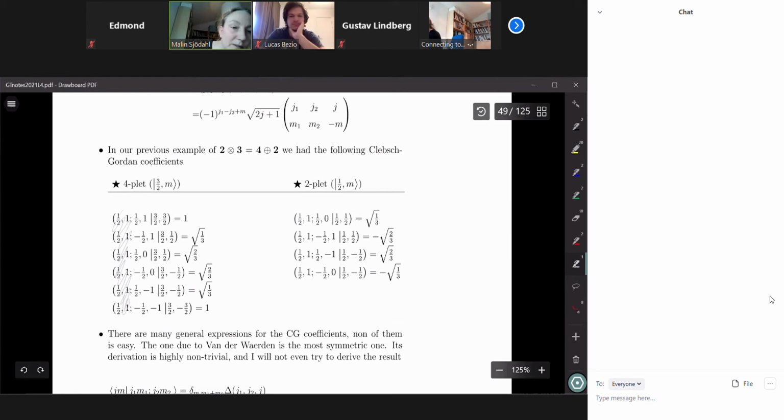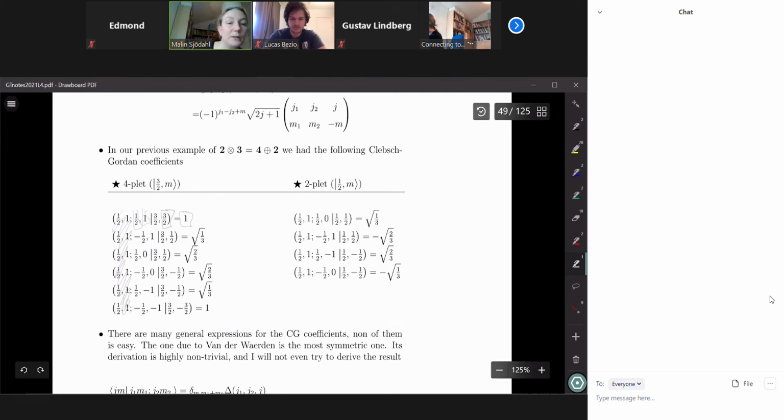And then we saw that if we wanted a state with total spin 3/2, then we could obtain this state by adding 1/2 and 1, and we could actually only obtain it in that way, so that